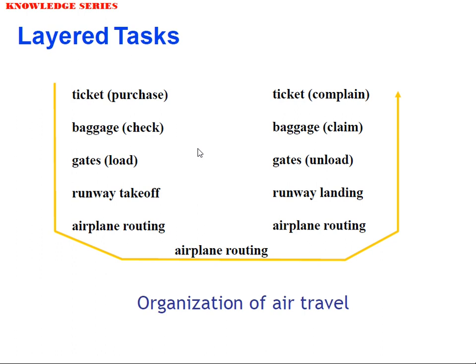Next we are going to discuss the layered task. The layered task is a very important area that we are going to see in this discussion. A layered architecture defines what activities a layer has to perform, what activities it has to do in the vertical movement, and what activities it has to do in the horizontal representation of the layer.